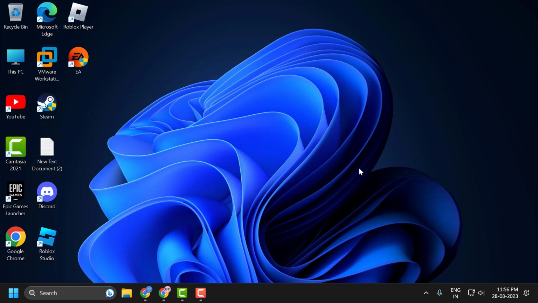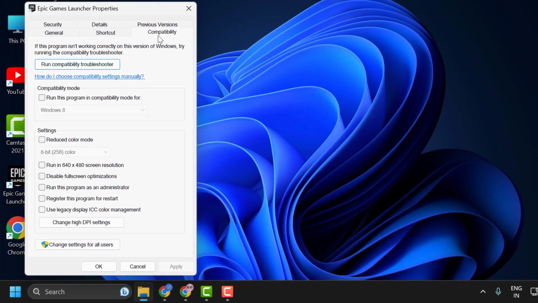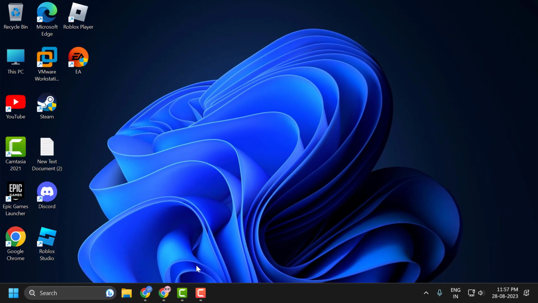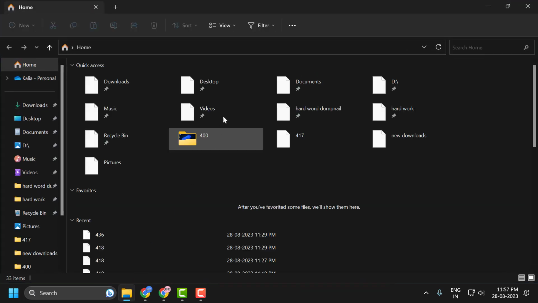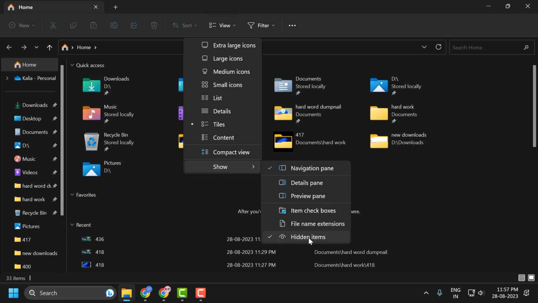After exiting Epic Games Launcher, you just want to right click on the Epic Games Launcher, select properties, select the compatibility tab, and you just need to check mark run this program as an administrator and select apply and OK to save changes, guys. You just need to open file explorer, click on view, select show and check mark hidden